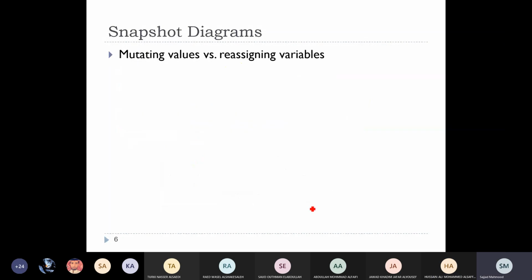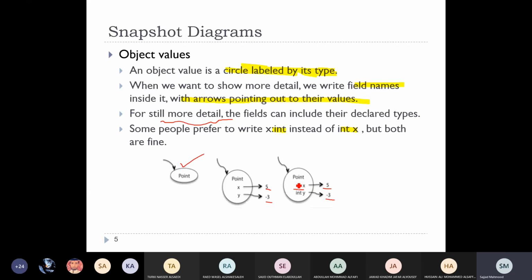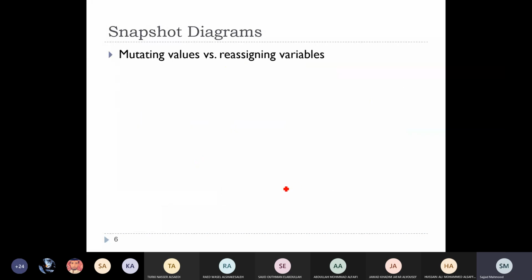Now, the reason I start with this is because I want you to understand the concept of mutable and immutable values. All right. Now, what's the meaning of the word mutable? First of all,